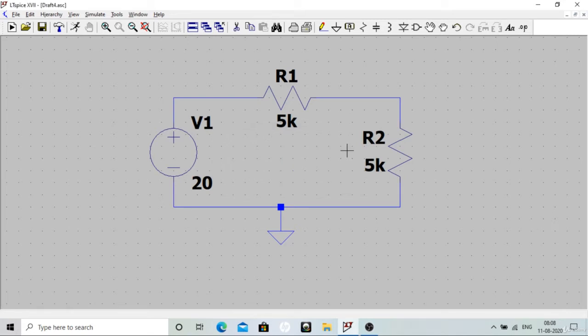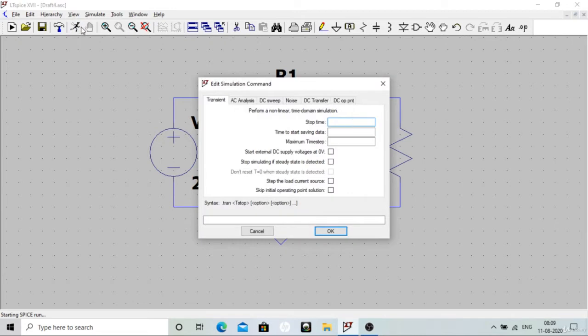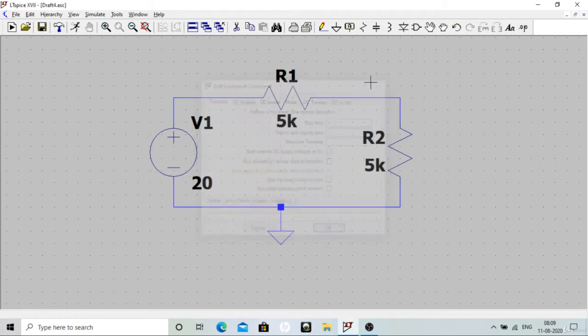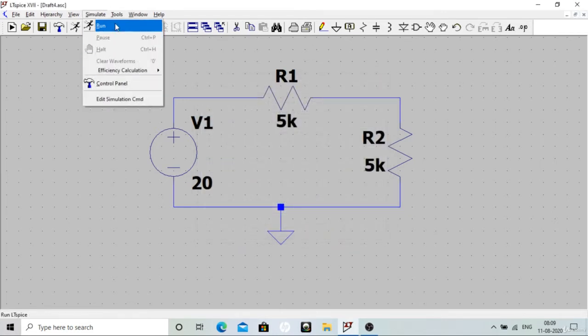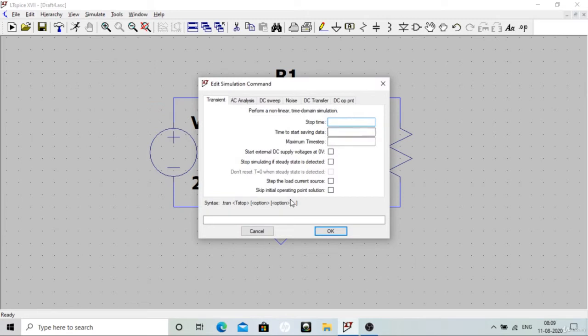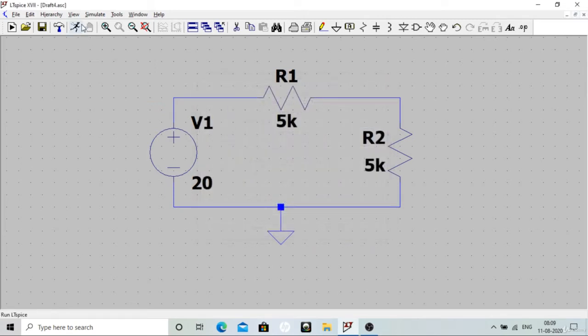So first, what we have to do is simulate. Once you run this, you have not defined what kind of simulation you want, and that's the reason the edit simulation command dialog is coming, which you can see here as well. So if you run it, it asks because you have not defined what kind of simulation you want.